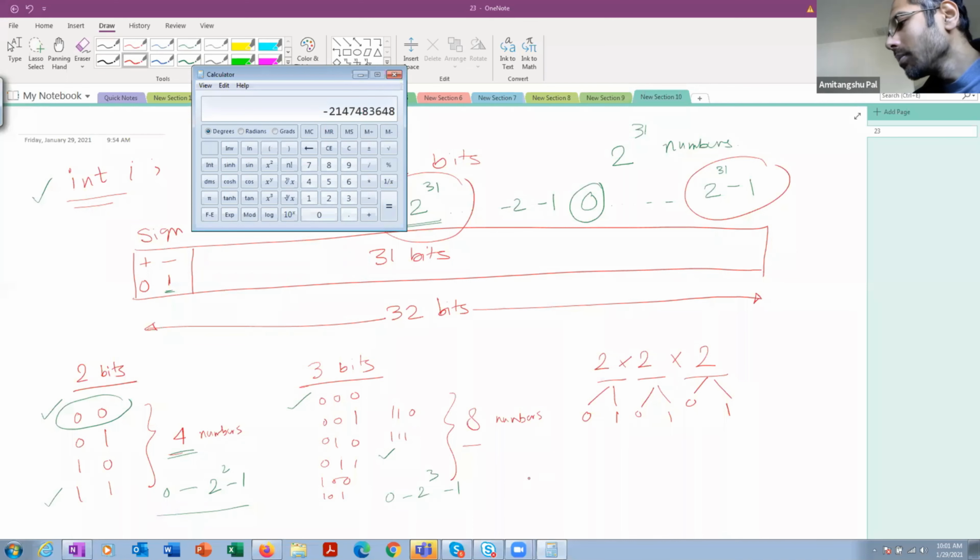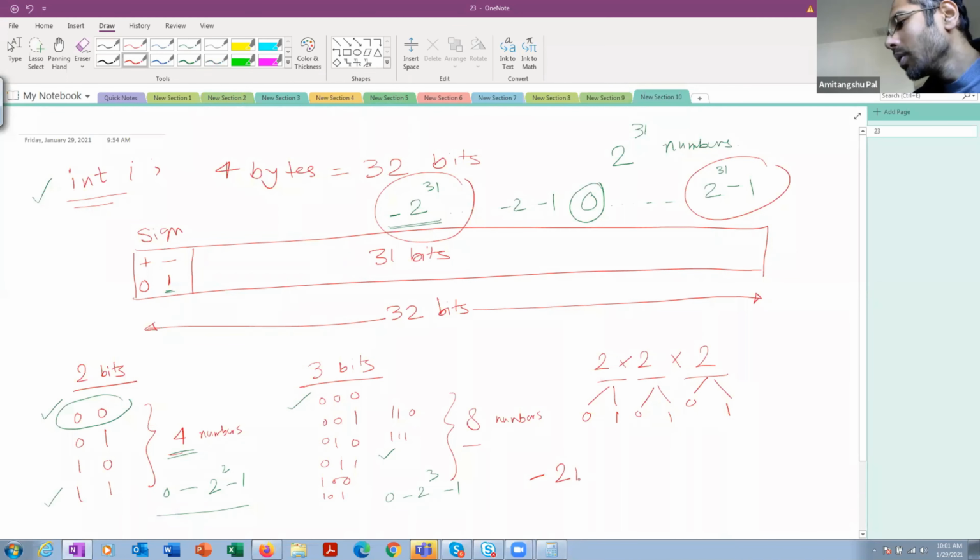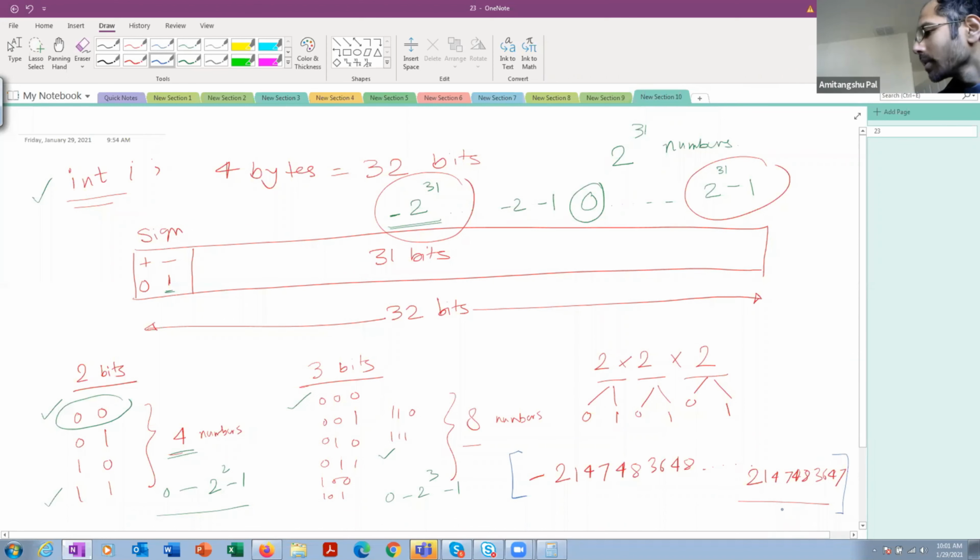So you are getting from minus 2147483648 until plus 2147483647, because the plus side is this minus 1. So this is the range of numbers that you can represent using an integer. This is the exact number that you are getting from your program also.